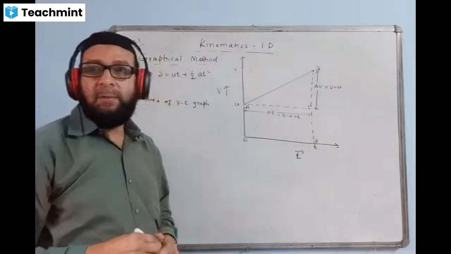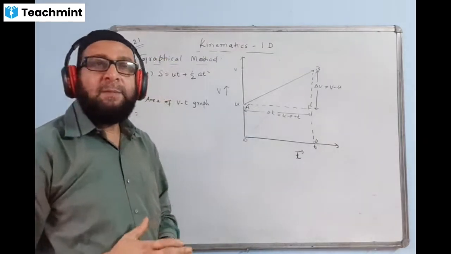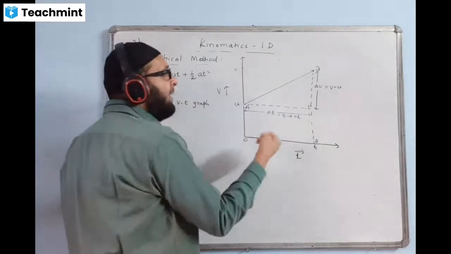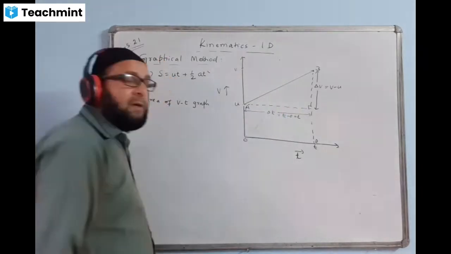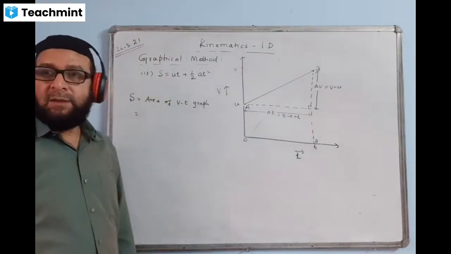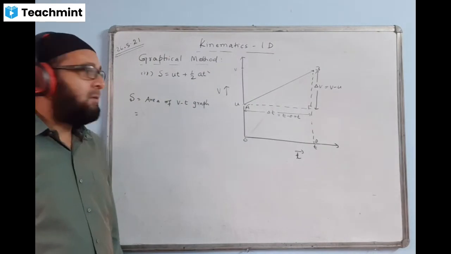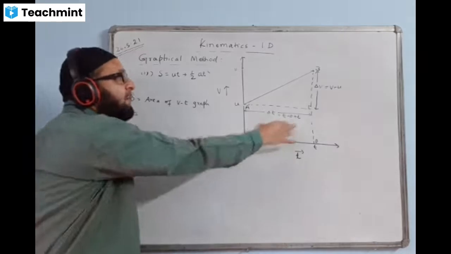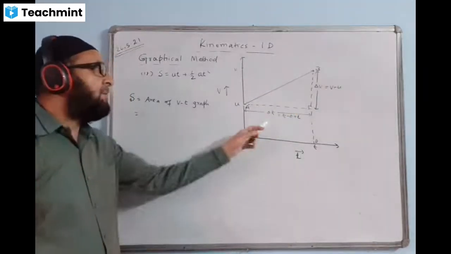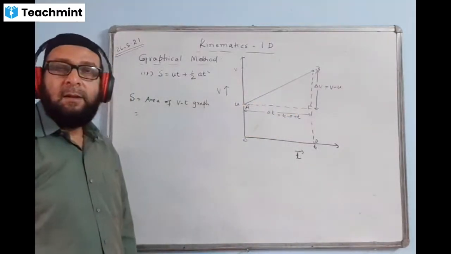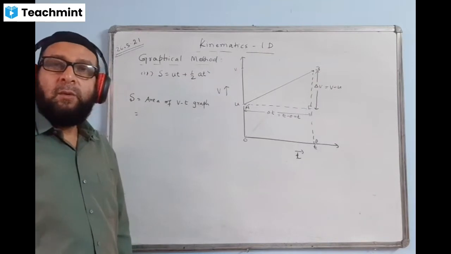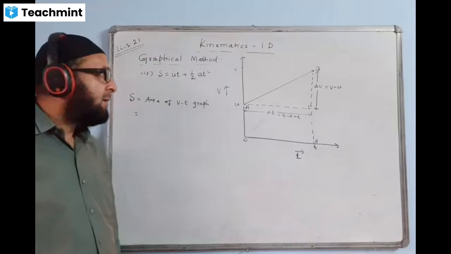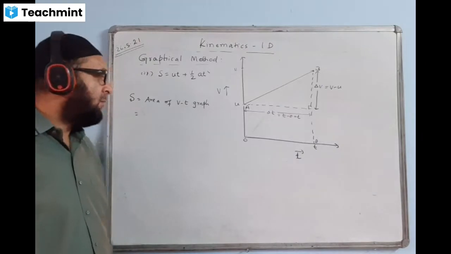OABD is a trapezium. We can use the formula of the area of a trapezium, or we can do it in parts: area of the rectangle plus area of the triangle. Whichever way you find easier, you can use that way. So which way do you want me to do? The trapezium way or the rectangular way? Tell me. Part wise. Okay, rectangle.